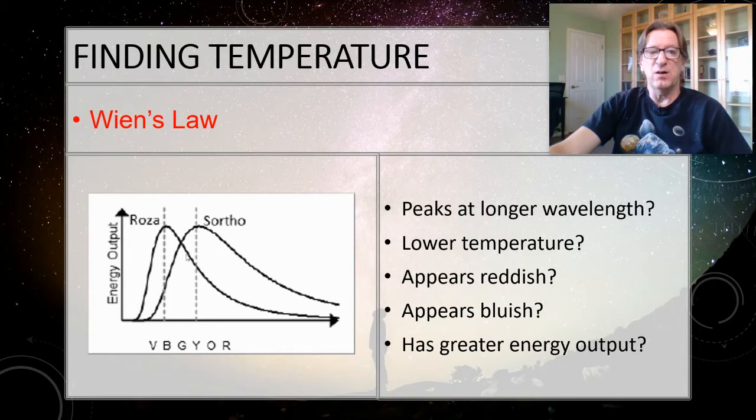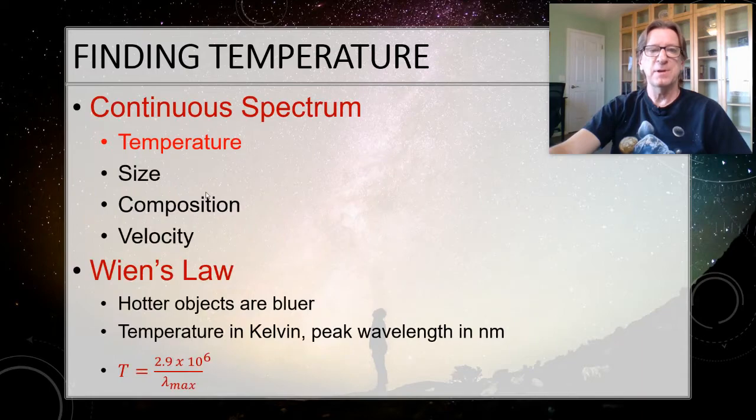I've got all of the colors present, but I've only got a little bit of some of them and a whole lot of some others. But it is a rainbow, all of those are there. So this is a continuous spectrum, no dips, no nothing. That tells us the temperature. So that's the first thing that we're going to get. We're also going to end up getting the size from that, but that's for the next lecture.